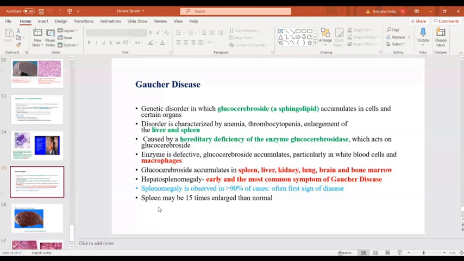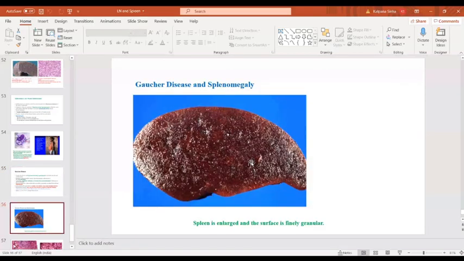So this is a splenectomy specimen from a patient affected by Gaucher's disease. You can see it's large, and can you see these small dots? These are all Gaucher cells. The surface looks very granular. Normally it is very fleshy, but here you can see the surface has become nodular and granular. Whenever there is pathology, the spleen will not look normal. It will be granular, it will be cheesy in tuberculosis. So it changes its appearance. Gross examination is very important in any case.